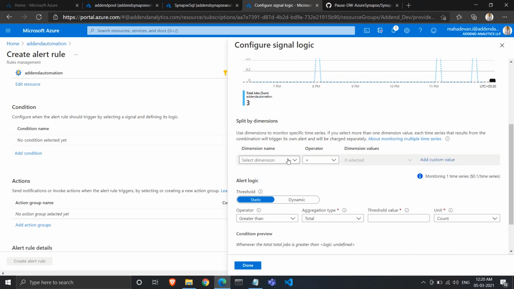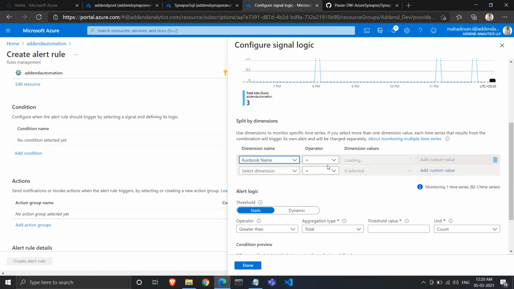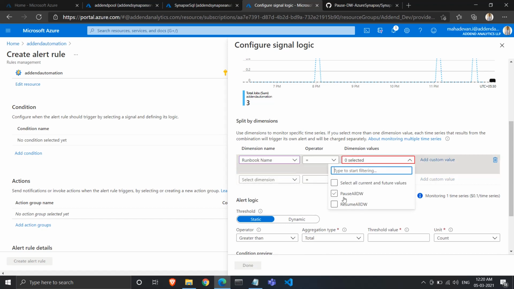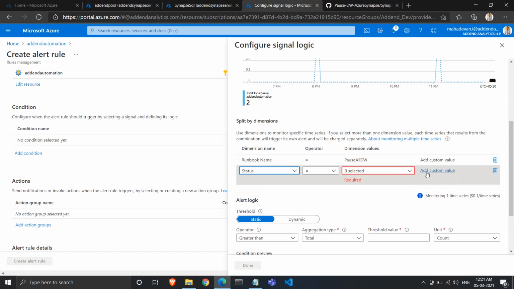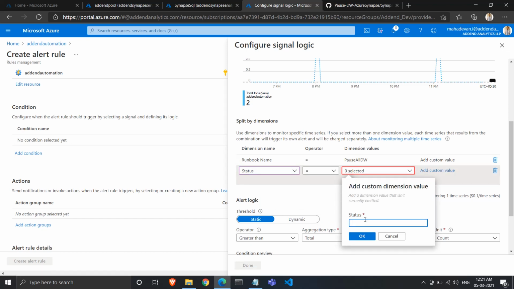So we'll use the dimension. First we have to specify the runbook name. So in this case I'll pick pause all DW. So these are the two runbooks, and I'll set this alert for the pause all DW runbook, and set dimension status, add custom value.